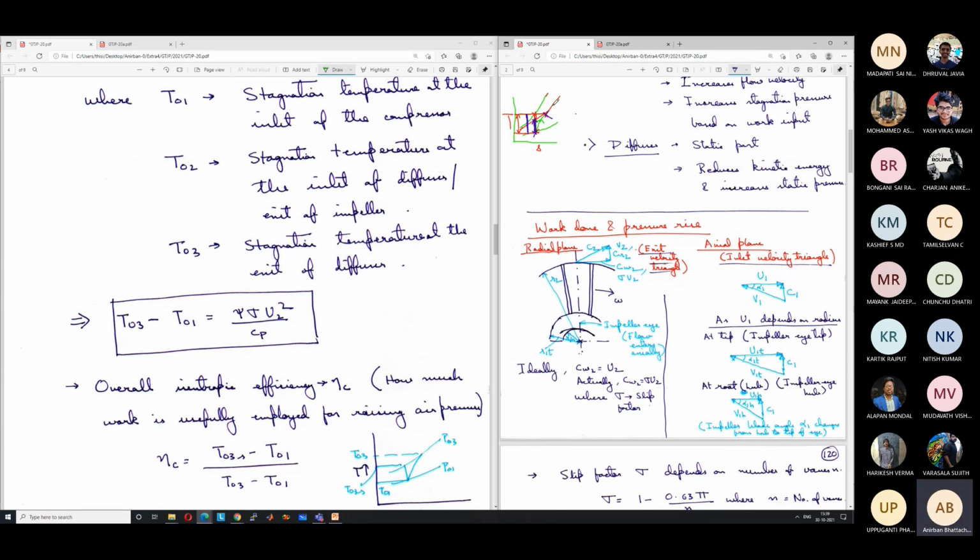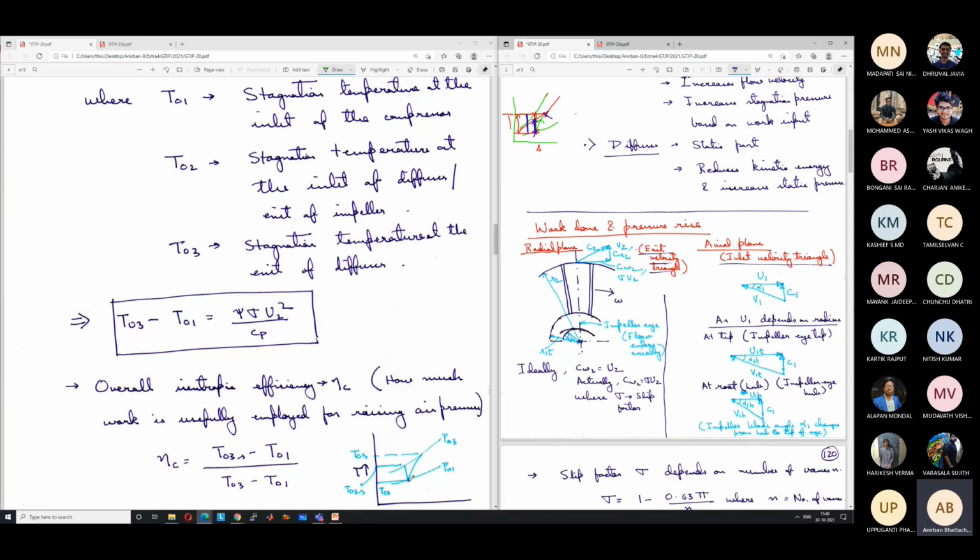How to find the pressure ratio between this red line and the green line? Pressure ratio across the compressor. Actual pressure ratio, not the ideal pressure ratio. It's shown here also, this diagram, what I have drawn. So what is the actual pressure ratio? P03 by P01, right? Why you are not answering, any of you? P03 by P01 is T03s by T01 to the power gamma by gamma minus 1.